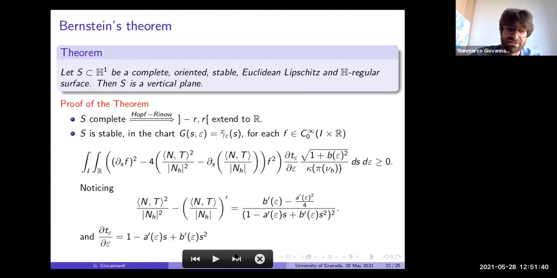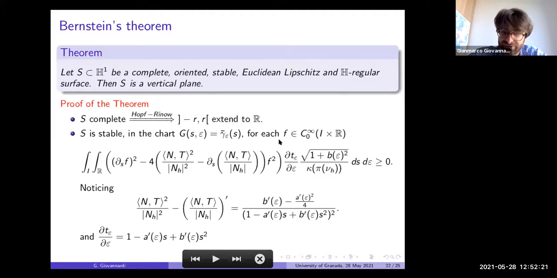So if you remember the parameterization given by T epsilon S in the proof of the proposition, we have that by the Hopf-Rinow theorem, if S is complete, we can extend the set where the function T epsilon is defined to the whole R. So we can extend the geodesic to the whole R. And we have to look at the stability condition. So S is stable, we look at the stability in the chart G, that is defined by the T epsilon S. And